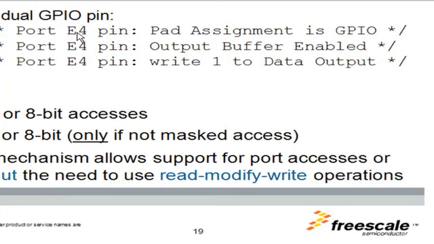Turns out this port E4 is connected on the evaluation board to one of the LEDs. So we'll do this later when we hook up the boards. We'll make sure you can turn this pin on just with a debugger. We're going to do the same thing here in the code that we do with the debugger, just banging the registers